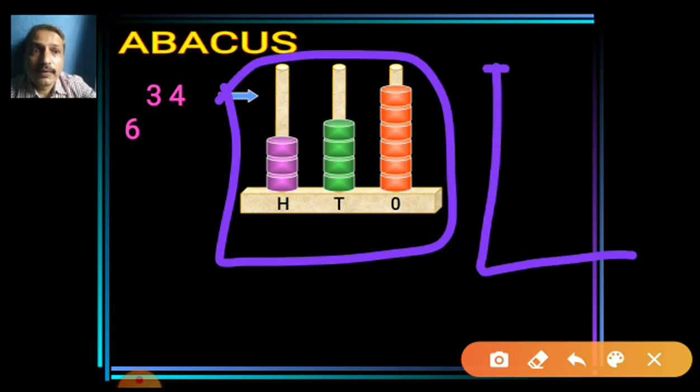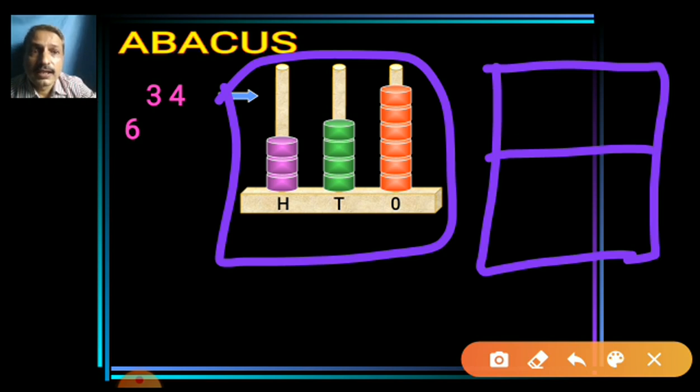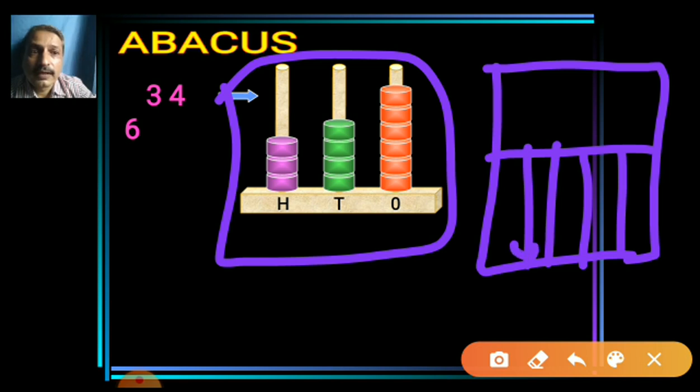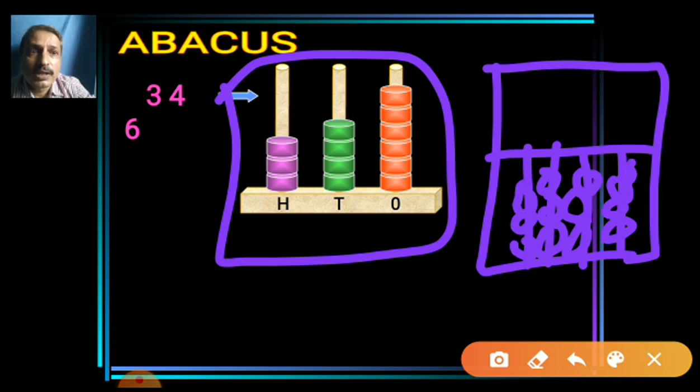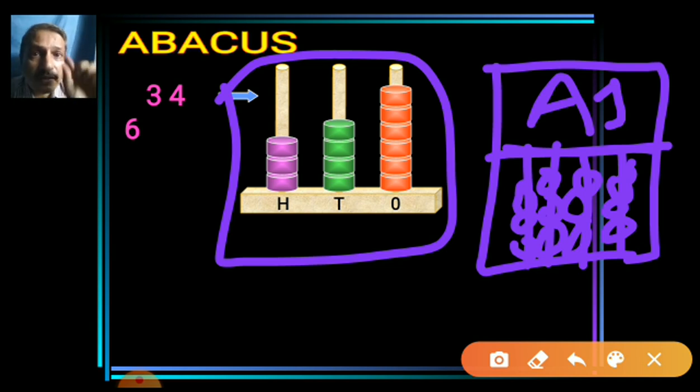Maybe you had this type of slate. That time you had some wires, and in that wire some colorful beads are there. You heard, right? You were playing with the colored beads, and here you were writing A, B, C, D, or 1, 2. Here is the slate, and downside you have some beads. But that time you did not know the use of this. Yes, you were using these things in KG sections.